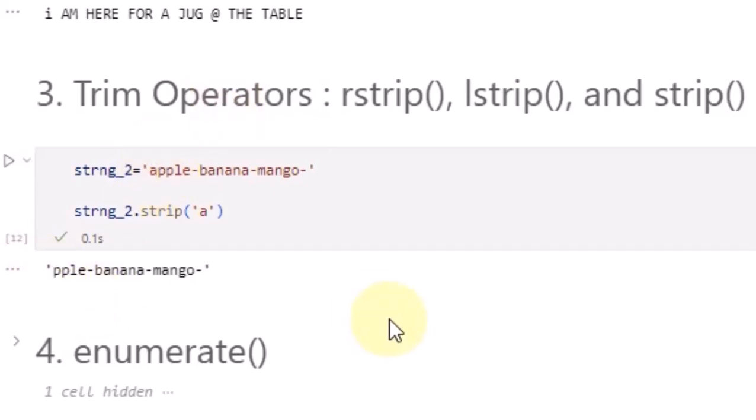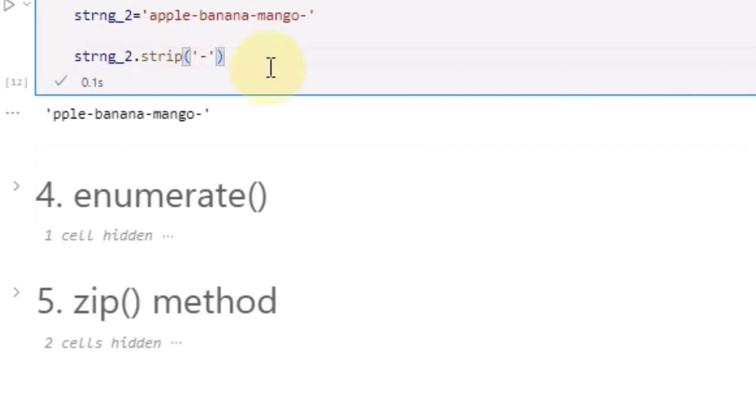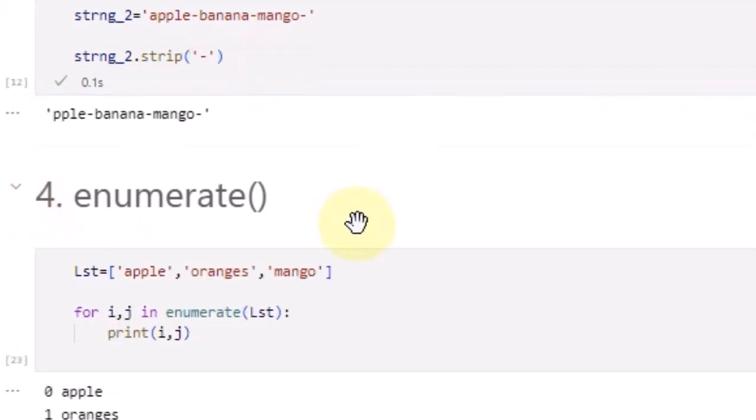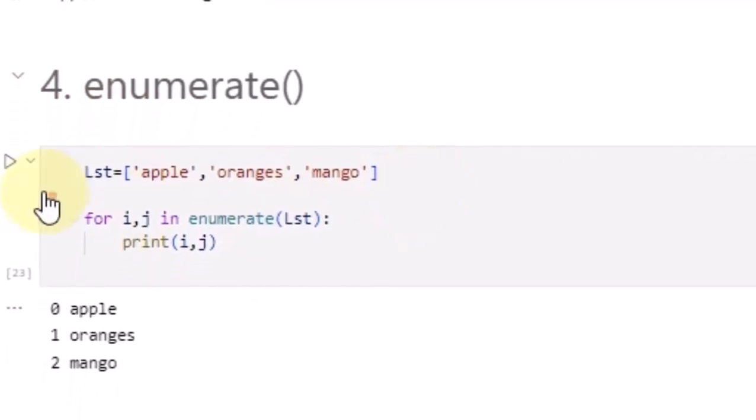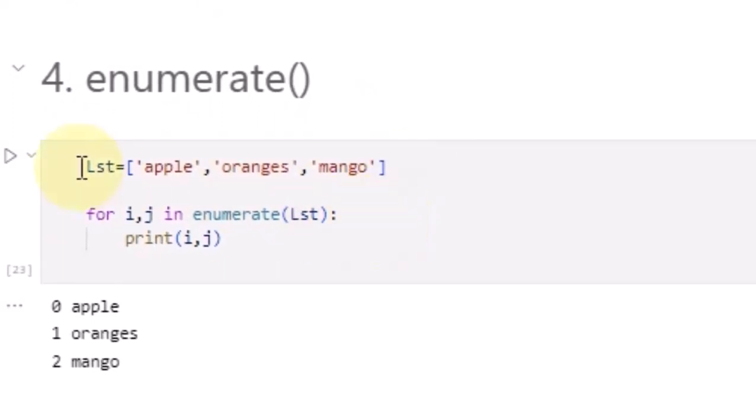Okay, so this is one of the very important operations which is used for trimming any strings for our own operation. Similarly, another very important operation here is enumerate. So suppose I have a list lst which is composed of 3 elements, which are apple, oranges and mangoes. If I want to display it in such a way that apple is the first element, oranges is the second, and mango is the third element, then while iterating through this list by using the for loop,